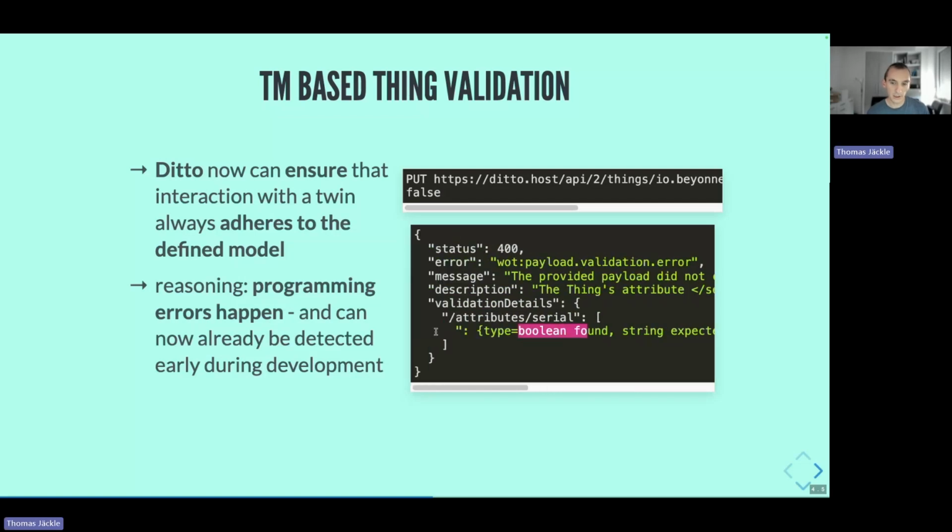And why do we want to do that? And why do we also need it? Yeah, programming errors happen. We have multiple teams injecting data into our digital twins, and we always want to be